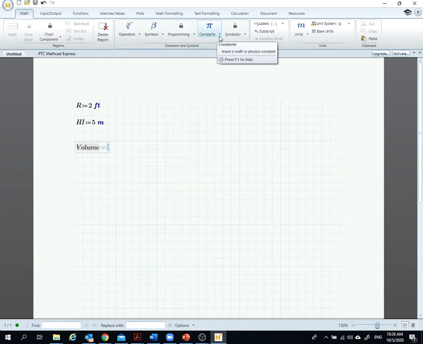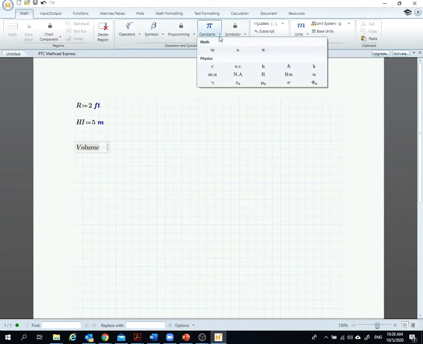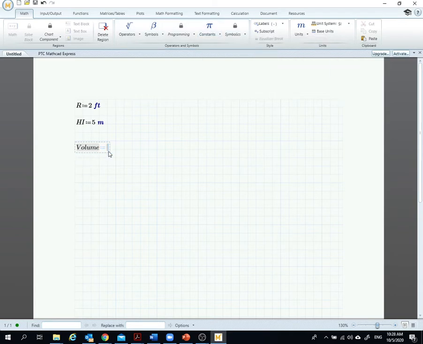Let's figure it out here, and this is everything you want to add to your MathCAD. So here I'm going to go here to constants. Is there a pi? And once I put my cursor on pi, it's going to tell me if there is a shortcut for it, a keyboard shortcut. So it's P Control G. So I'm going to do it with you. So I'm going to type here P and then Control G. It's going to turn into a pi. So it's pi times